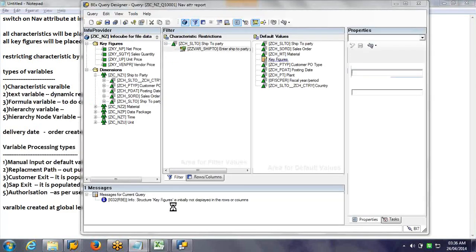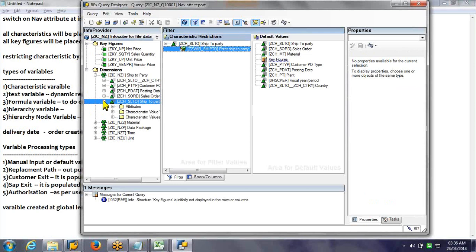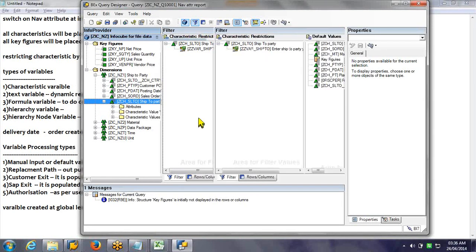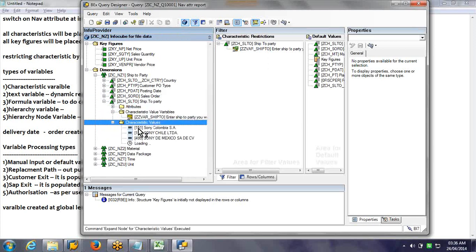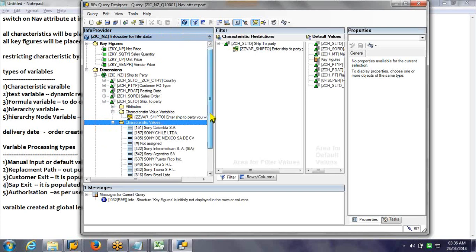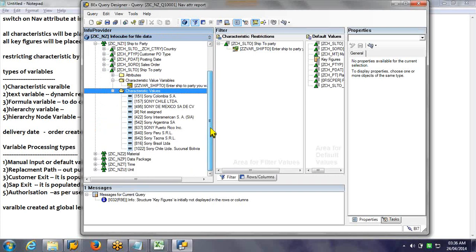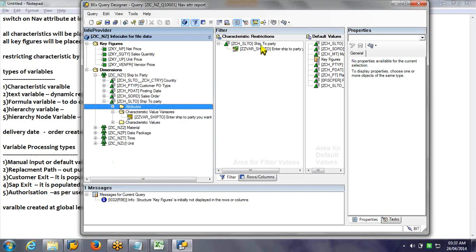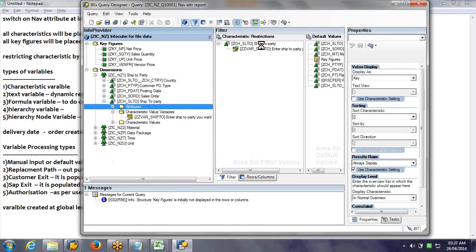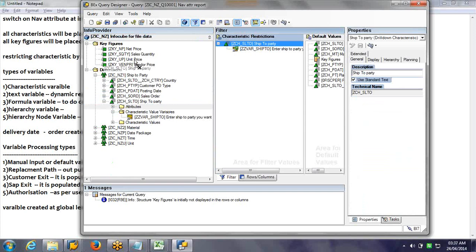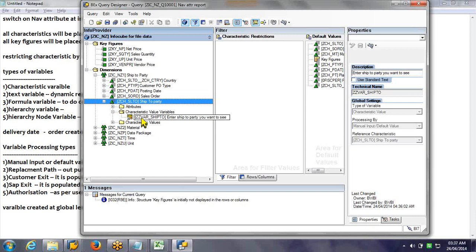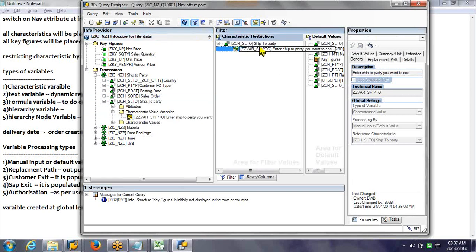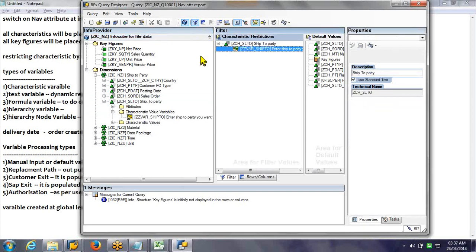Okay, you can see over here under ship to party, under variables, you can see the variable created. The list of values for this, the master data entries, can also be seen. The attributes can also be seen. Okay, so I can directly do it like this also, drag it, or I can use the normal process.